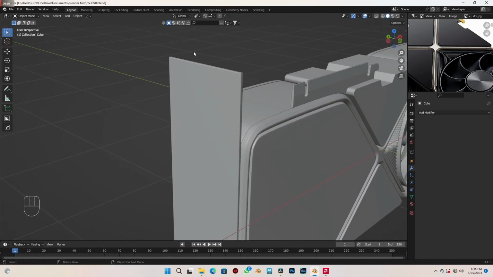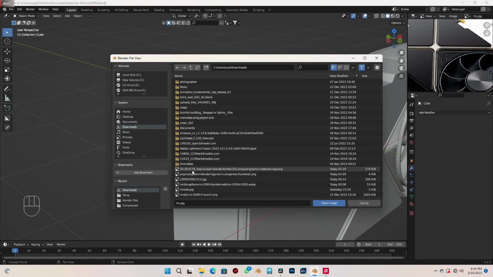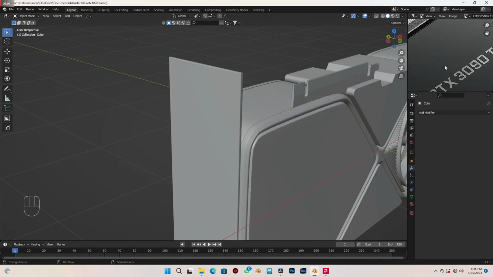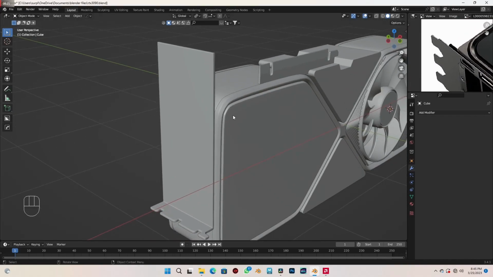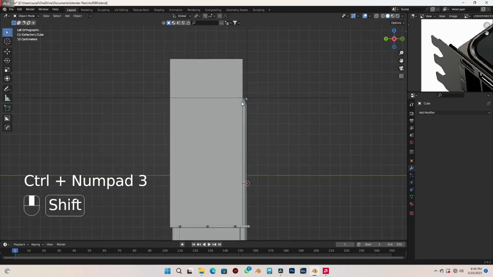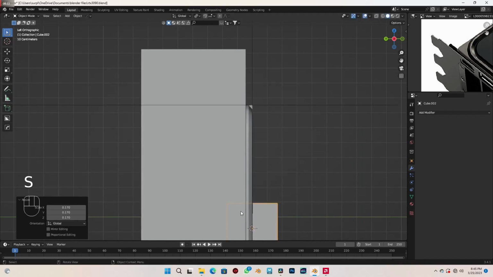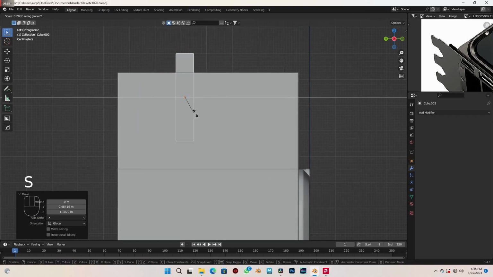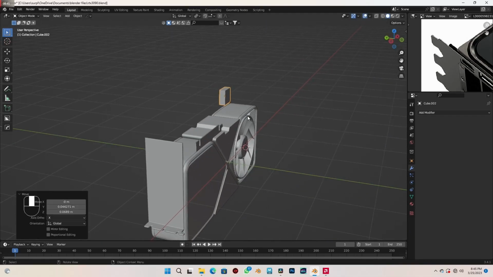Next I want to add some cuts to this object here. Let me add a reference image to see it better. So these are the cuts I'm talking about over here. So to do that, I'm going to press Control and 3 to come to the side. Let's add in a cube. Scale that down. Let's move it here. Let's scale that on the Y. Something like this. Move it here. And let's move it